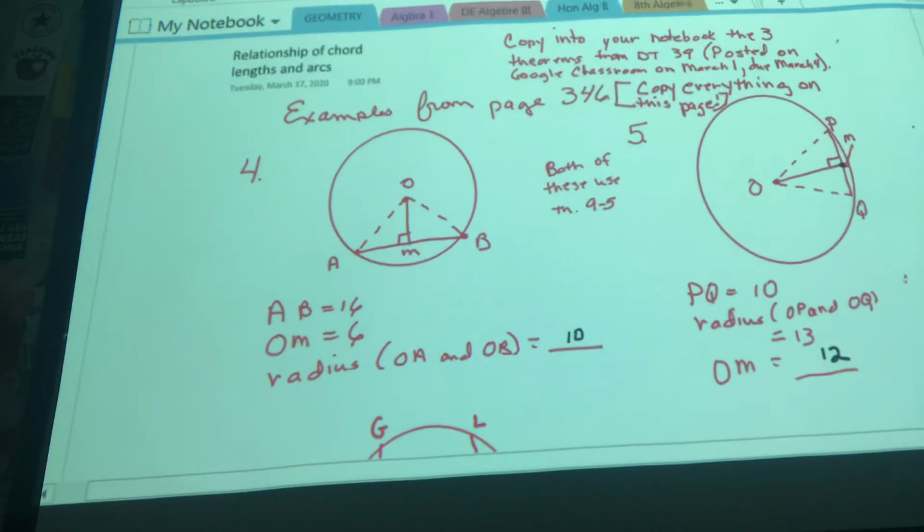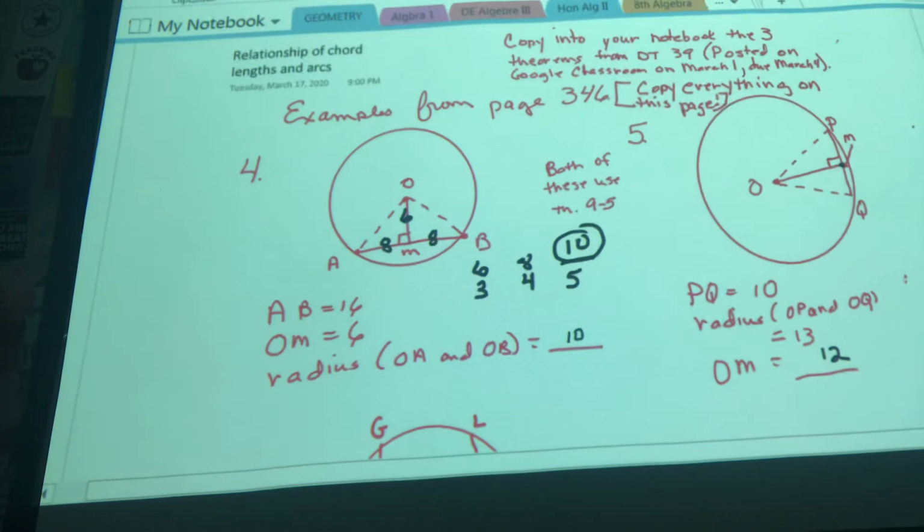I won't write AB is 16. I will write that AM is 8 and MB is 8. We're told that OM is 6. Look what we have. 6, 8, what? That comes from the 3, 4, 5 family. And by doubling 3, 4, and 5, what do we know goes in that blank? Sure,